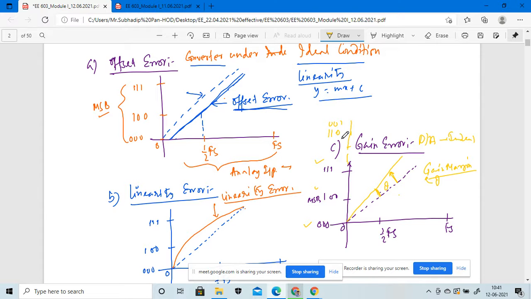So for greater accuracy of any system or any process, we can consider lower values of MSB, most significant bit, right? So we are considering a few number of bits so that only a few errors will enter the process. Because already inside the process we have several disturbances, right?